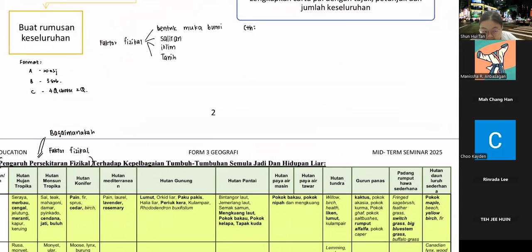Contoh soalan. This is an essay question where they ask you, bagaimanakah faktor fisikal bentuk muka bumi mempengaruhi